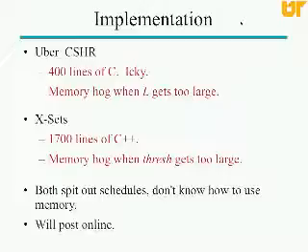So that's the evaluation part. We'll talk a little bit about implementation. The CSHR is 400 lines of C, pretty simple, and I wrote it badly because it's a memory hog when L gets too high. So I started rewriting it on the plane in C++. I think the plane ride back, I'll finish it, or maybe if I'm bored tonight, I'll finish it. It's what I do in my spare time is code. So I'll get that one done.